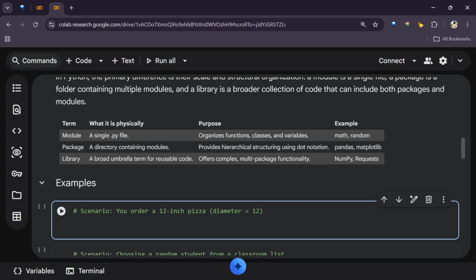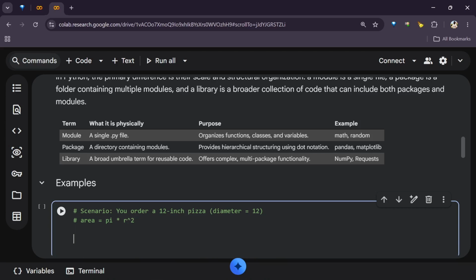We know that the area is equal to pi r squared, right? This is the formula for calculating the area of a circle. So we can say diameter equals 12. Then to calculate the area, we can say,